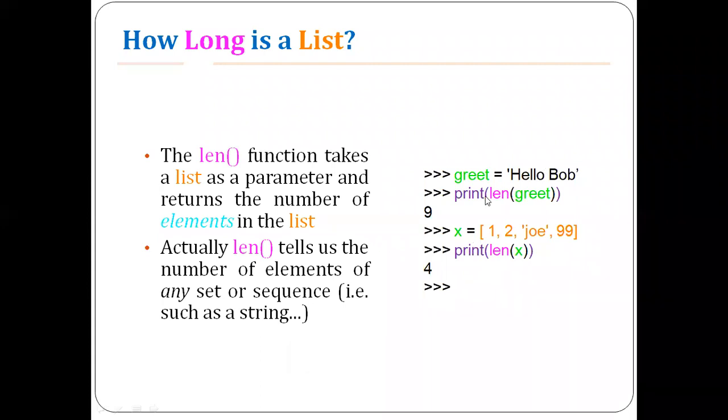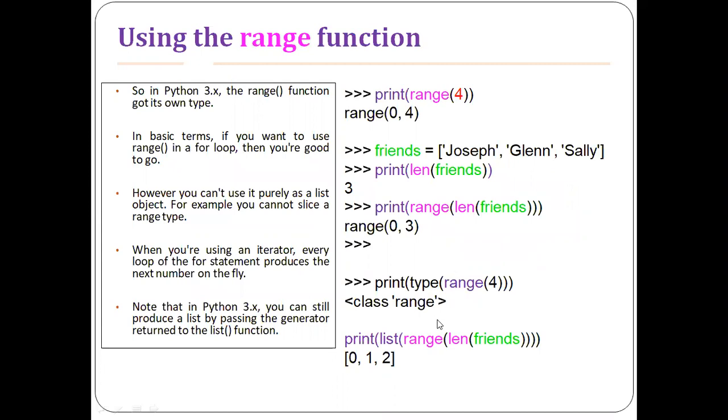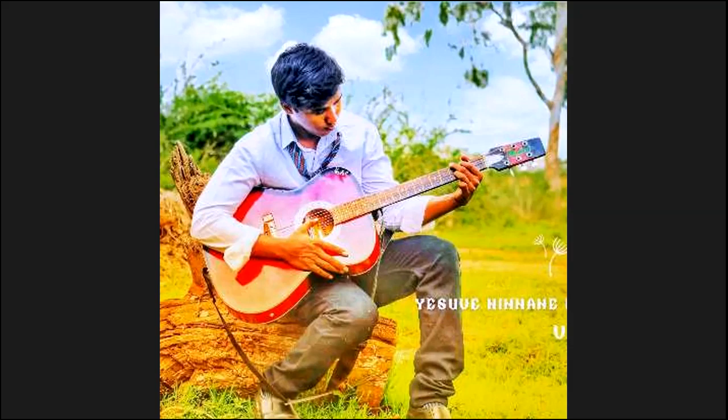That is exactly how we have worked. In this case, I have applied the length function on a string, whereas in this case I have applied the length function on the list. Okay, and the next one, I can specify the range, right? The range of indexes that you have in the list. So look at this. In Python 3.x, the range,